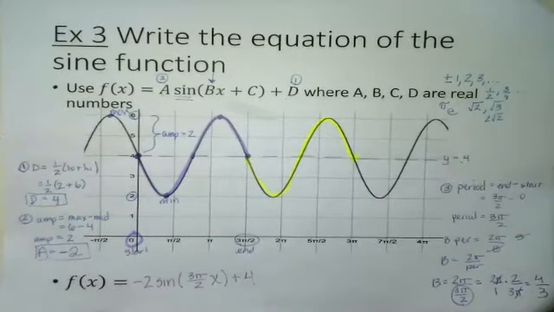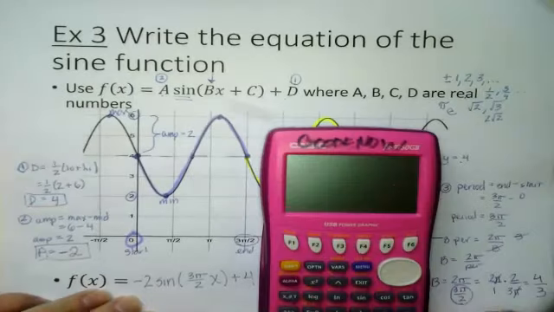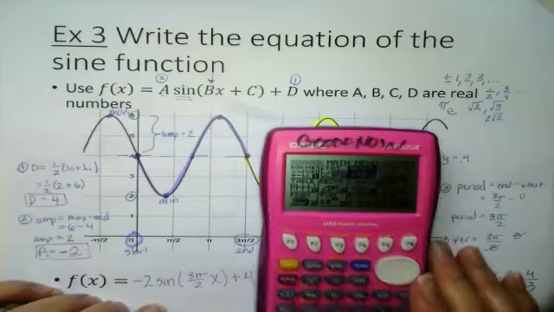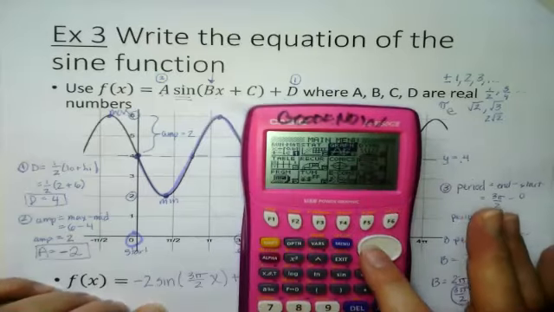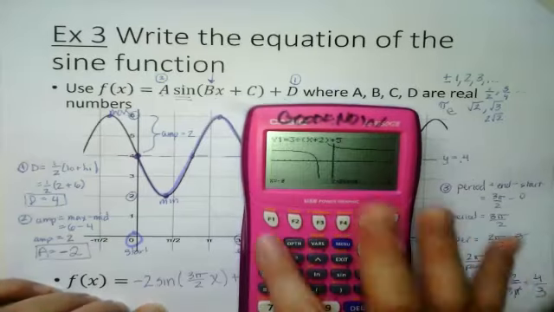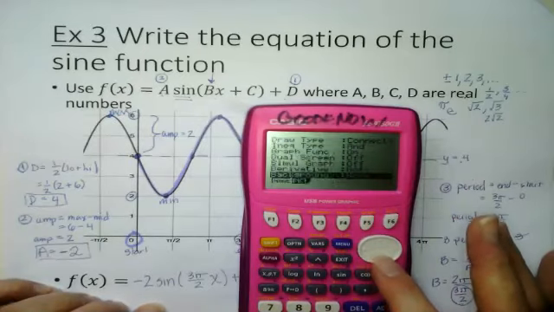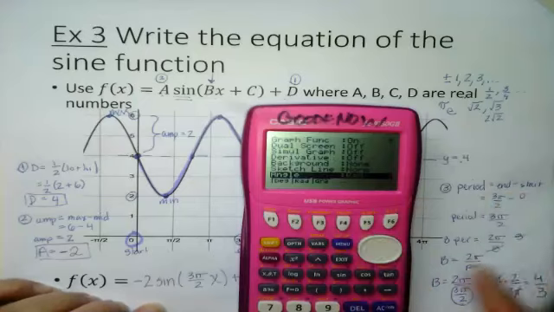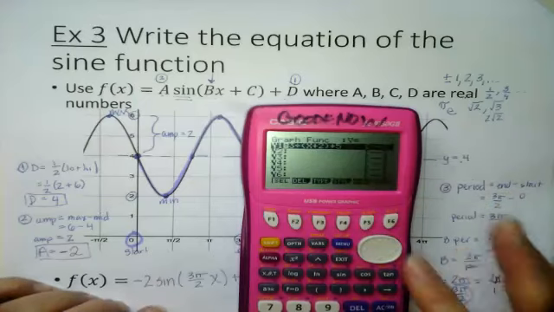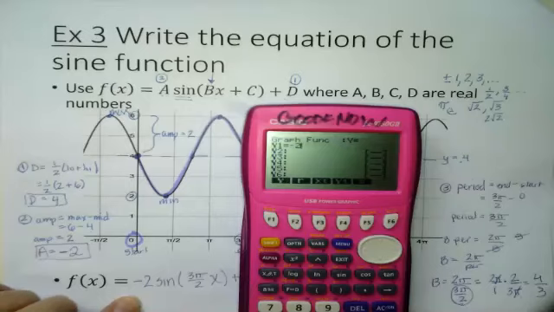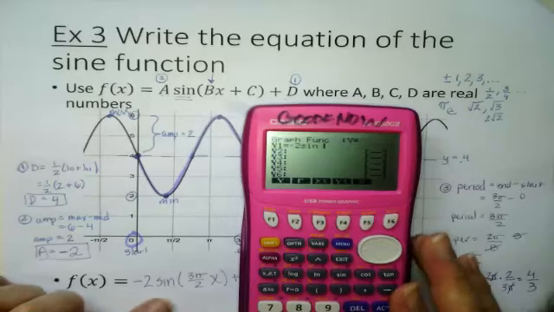And of course, you can use your calculators. I'm going to use the Casio. So I'm going to go to setup and make sure that I'm in radian mode. Angle, degrees. Don't want that. Radians. Okay. All right. So I'm in my graphing mode here. We have -2 times the sine of